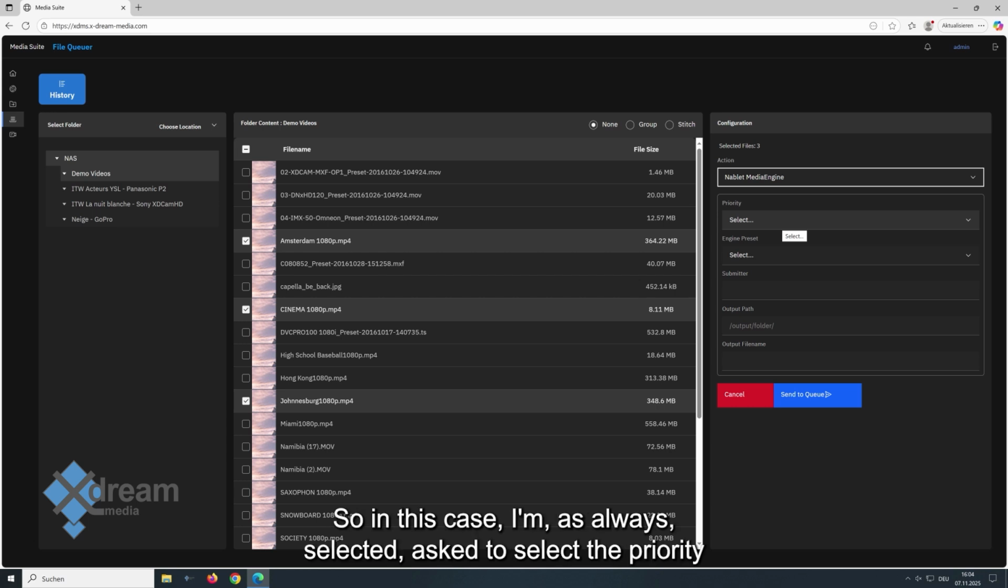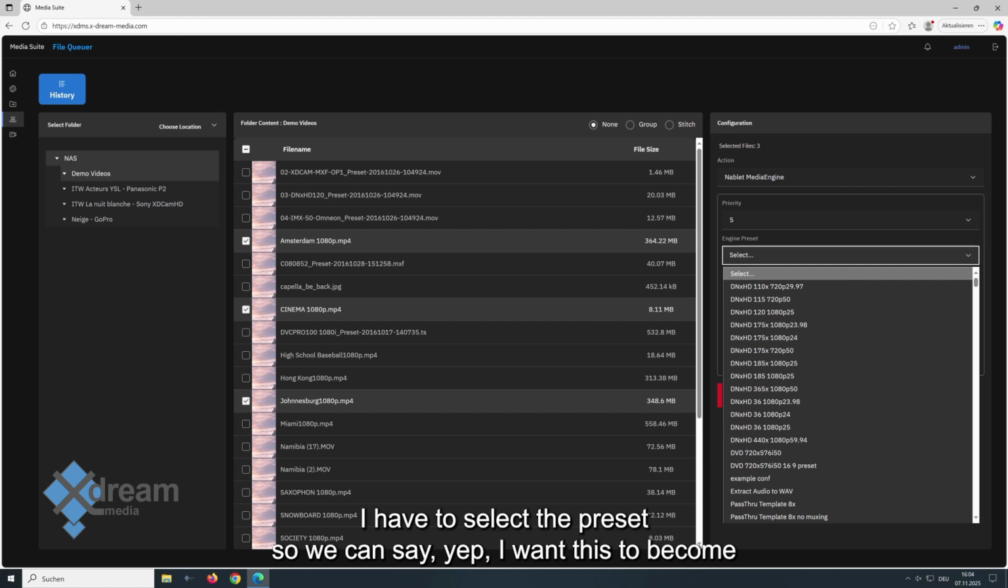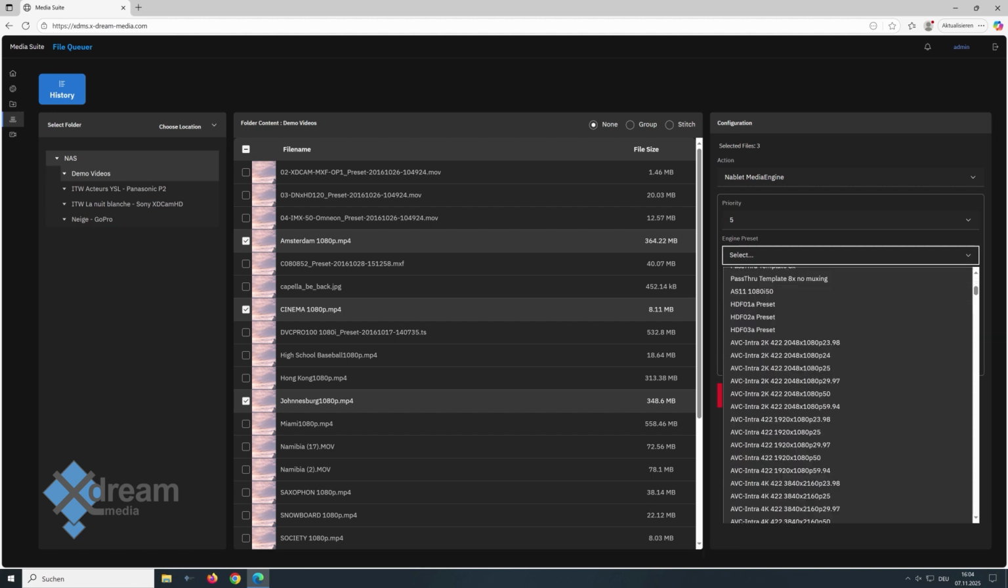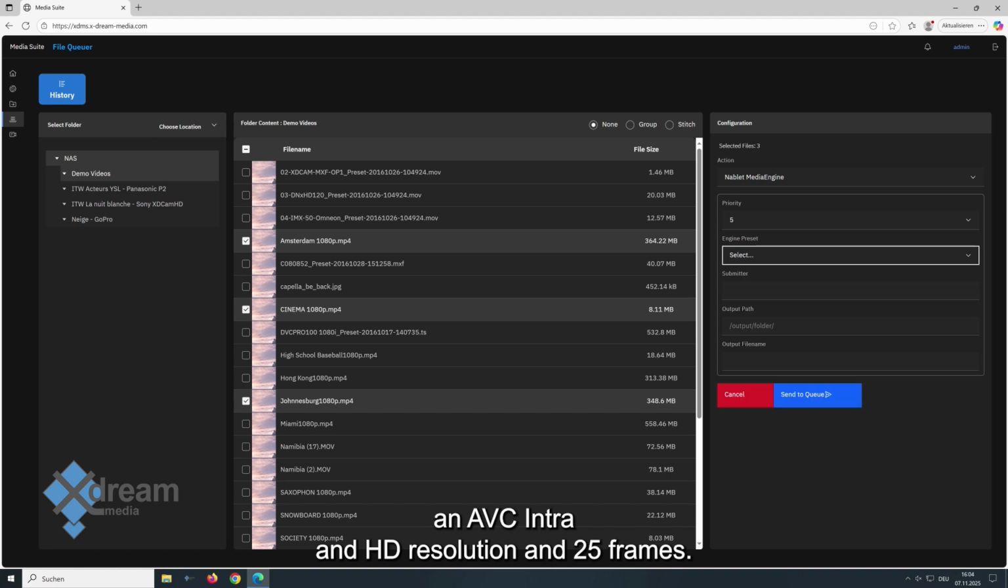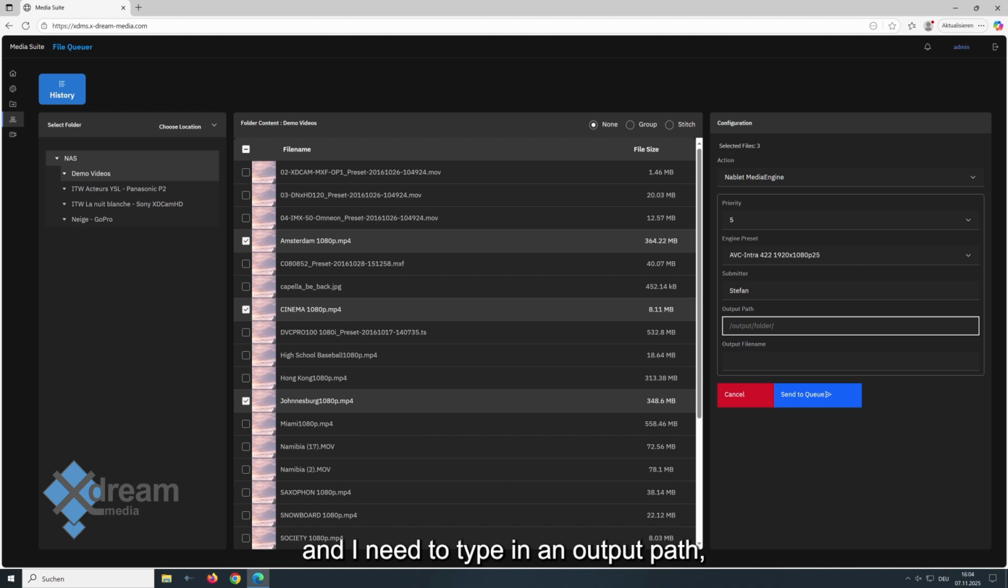In this case I'm, as always, asked to select a priority. I have to select a preset, so we can say, yep, I want this to become an ABC Intra and HD resolution in 25 frames. I can say I'm the submitter here and I need to type in an output path. To keep it simple, that can all go just to C